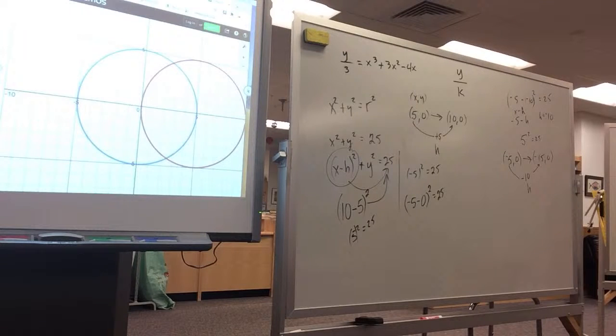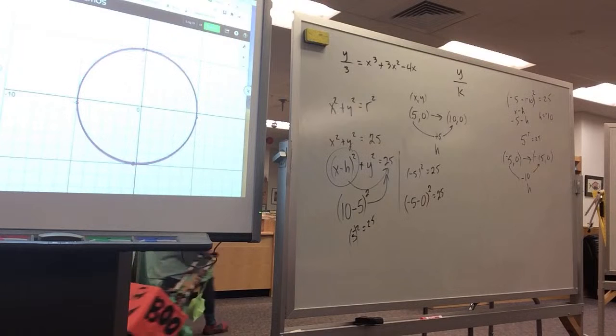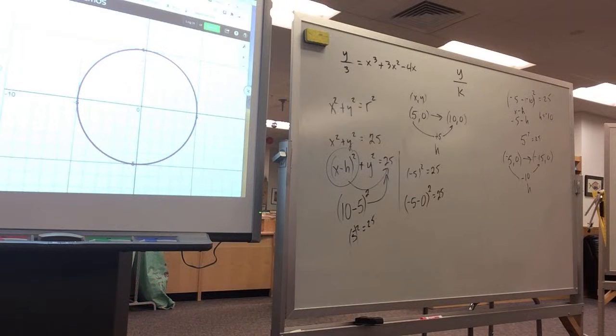This is what happens when you add and subtract to the x value. You move things left and right. And when you add and subtract to the y value, you move things up and down. But then when you multiply,